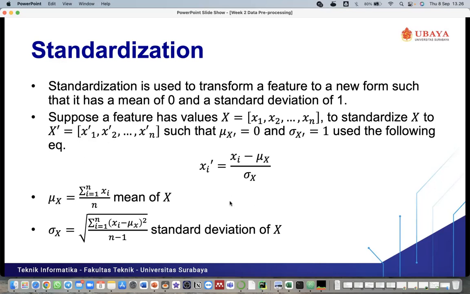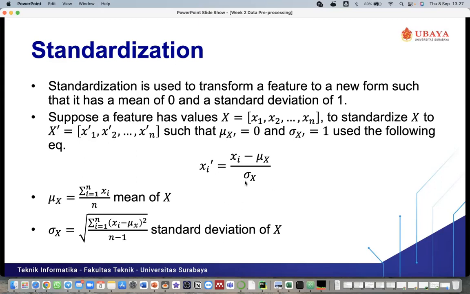So this one is the formula for calculating the new values after we standardize our features: xi accent equals xi minus mu x, divided by sigma x. Sigma x is the standard deviation of X, so we can call it sigma.